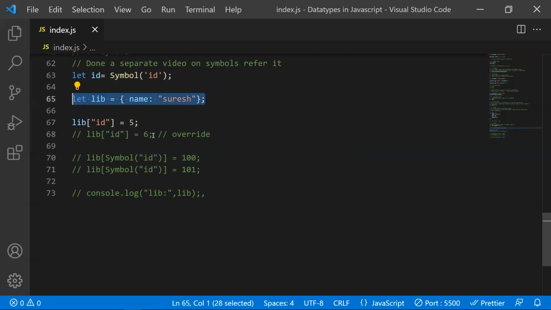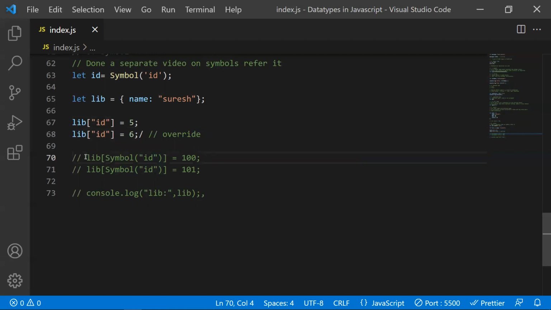They decided to add a property called ID, the same property. Now if they assign any value, what happens? This value will override. This 5 will go and we will have only 6. So that's the reason we use symbols as keys to mention a unique identifier.